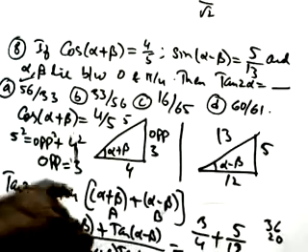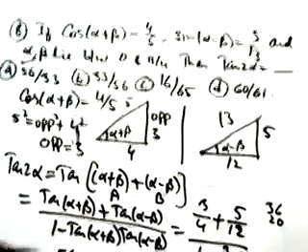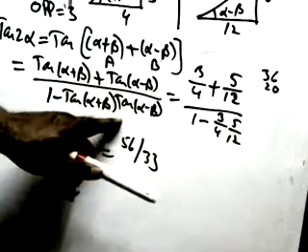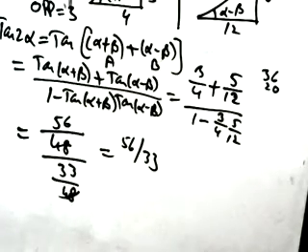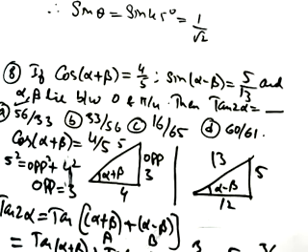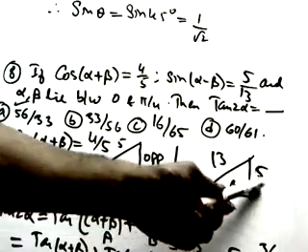Actually I wrote the question wrong, okay, because if we take 4 by 5, this will become infinity. Here if you multiply, we get infinity. So infinity is not possible. Therefore I checked, the question was wrong. So the actual question is cos alpha plus beta equals 4 by 5, sin alpha minus beta equals